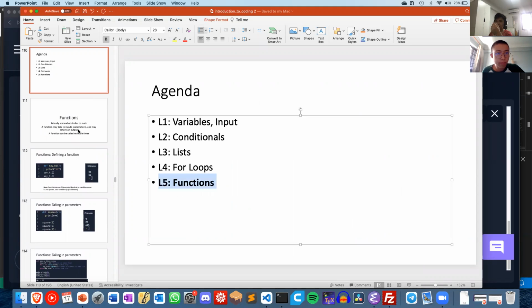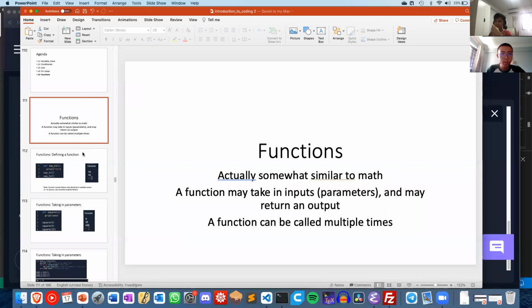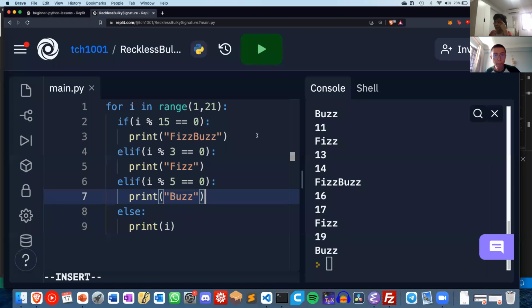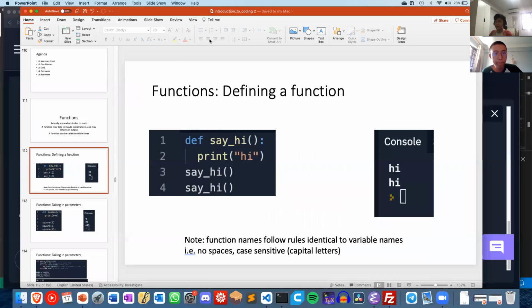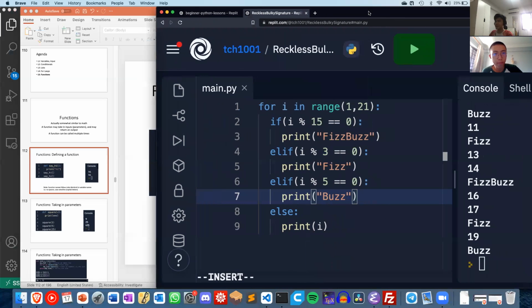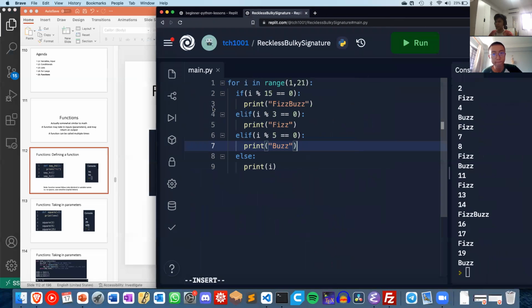You'll see that they're quite powerful. So what is a function? A function is a subroutine. So what this means, okay, let me just set up my screen a little bit so that I can